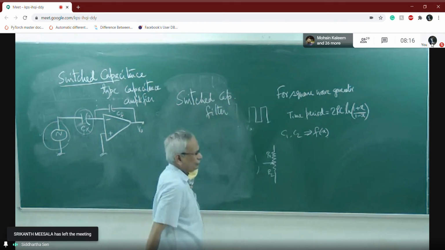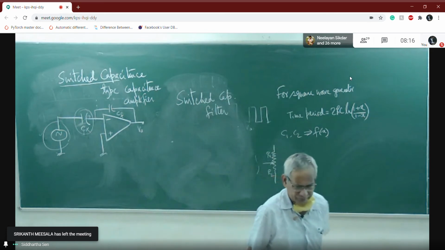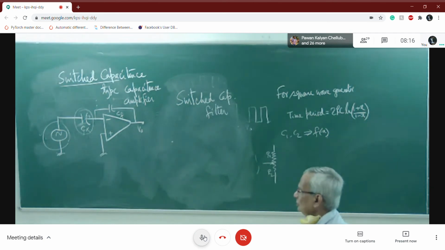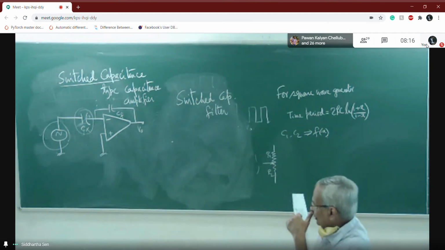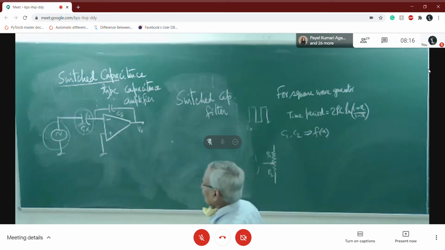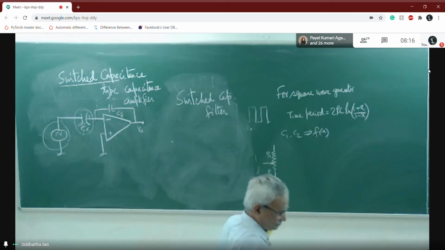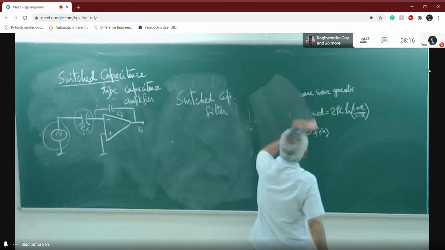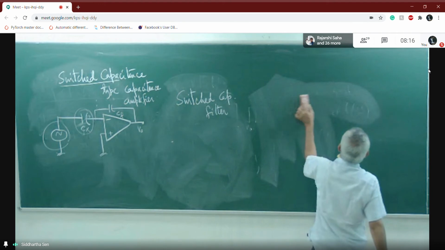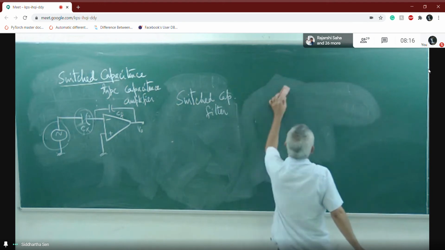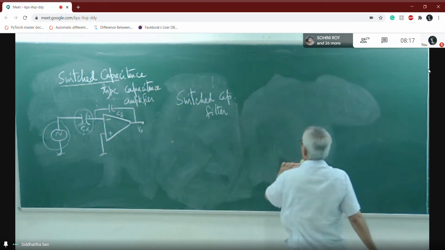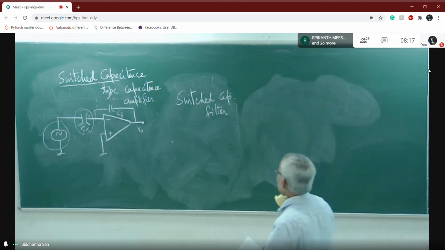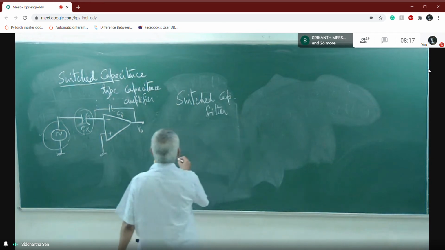Have you heard of switch capacitance filter? Anybody? No, sir. No. So basically, the idea is that if we go for an integrated filter embedded in an integrated circuit, often in an IC several filters are there. So suppose a low pass filter. What is there? We will have to have a